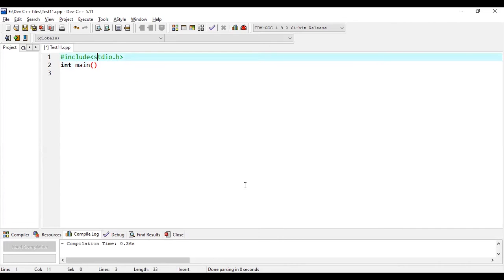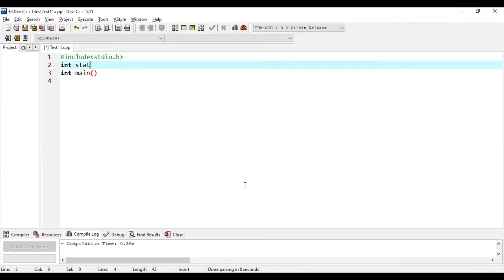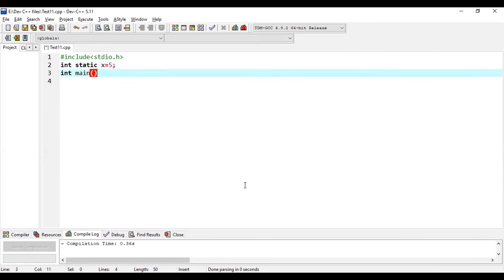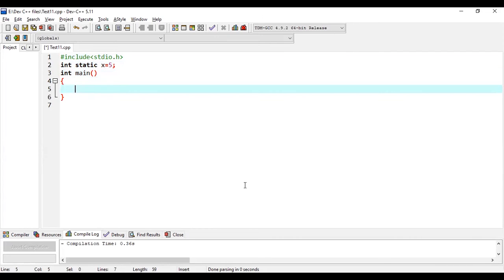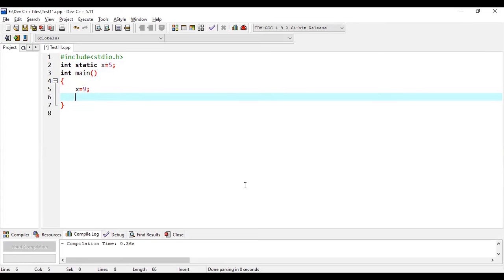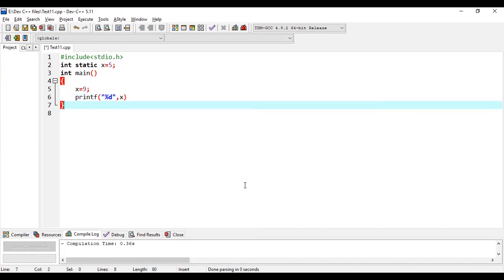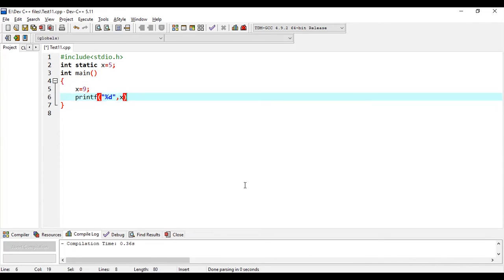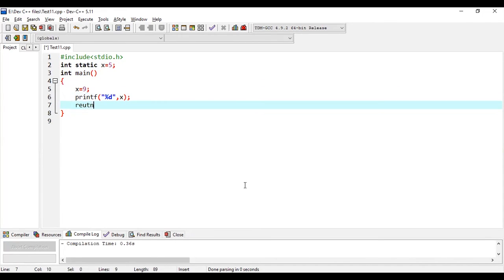Sorry, before int main, they had static int x is equal to 5, then they have the main part. Here what they are doing is that they are writing x is equal to 9, and then they are just printing x. Okay, they are just printing percent d and x. That's it, they are doing nothing else. Semicolon and then return 0.